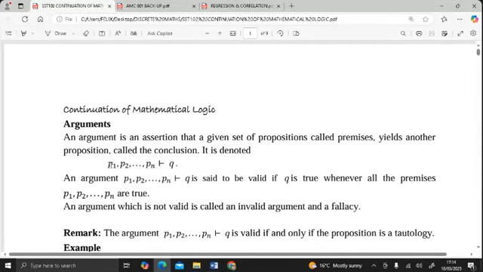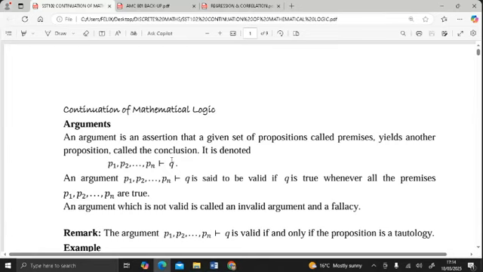And you notice that, for example, here we're talking about P1, P2, P3, all the way to Pn. When we have all these, the conjunction of all these leads us to some conclusion. That is what we mean by an argument: you have a set of propositions, and those propositions, of course, are combined using logical connectives. Not necessarily only conjunctions, could be biconditionals, could be